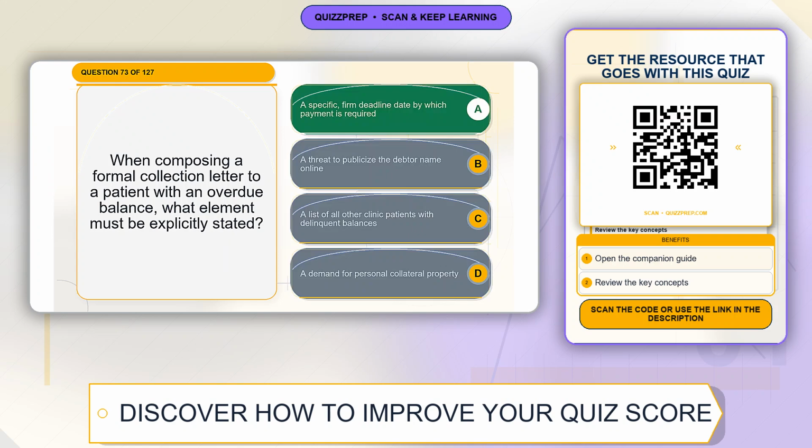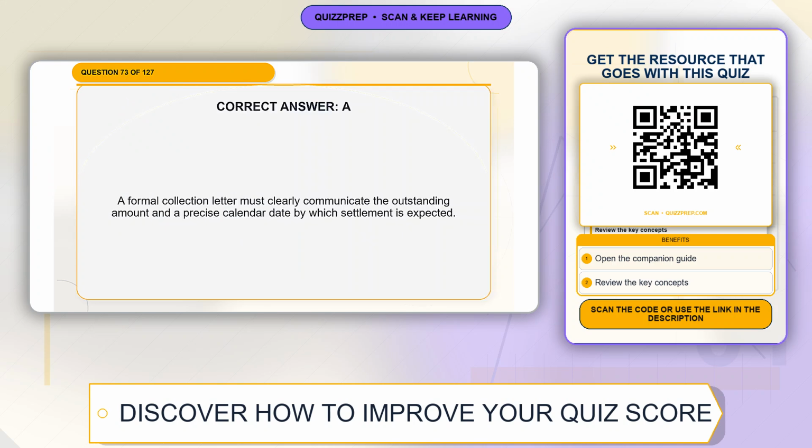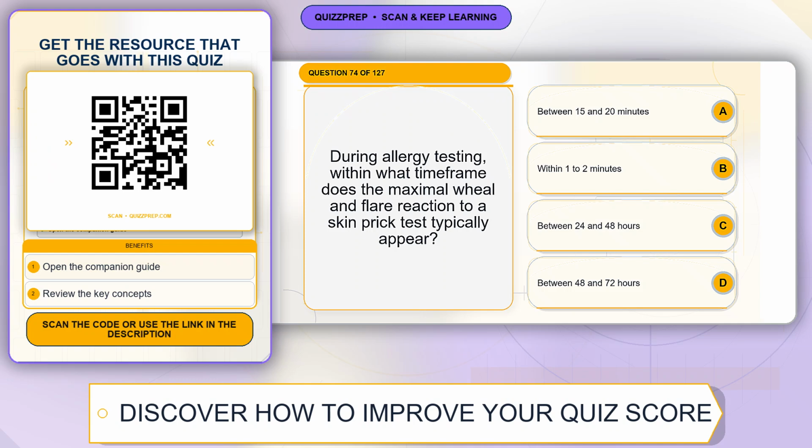The correct answer is option A. A specific, firm deadline date by which payment is required. Explanation. A formal collection letter must clearly communicate the outstanding amount and a precise calendar date by which settlement is expected. Question 74. During allergy testing, within what timeframe does the maximal wheal and flare reaction to a skin prick